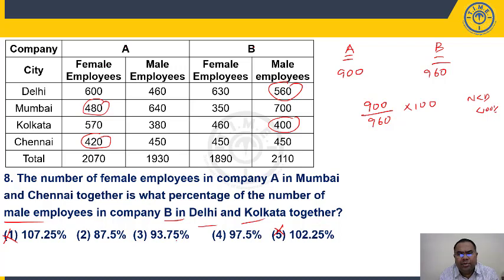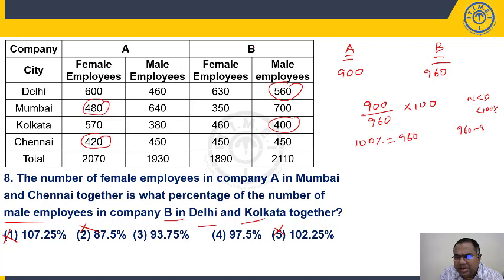Now I have 87.5, 93.75, 97.5. These two are close, so definitely I can say it is more than 90%. So the chance of the second option is also very less. There is no fair chance of the second option to be correct, right? Because the gap is very less. We want 900 out of total 960, right? If you take 100%, 100% is equal to 960, the given number. But we want only 900.